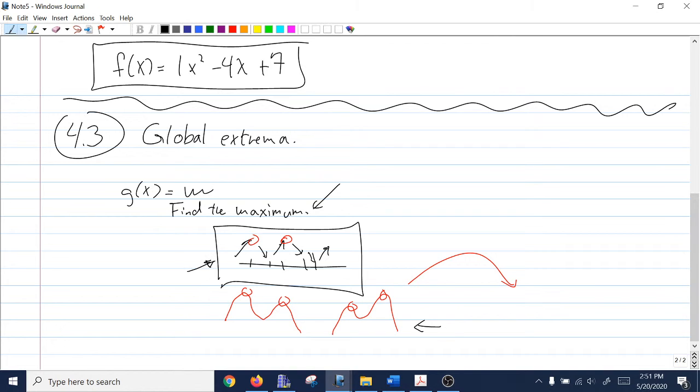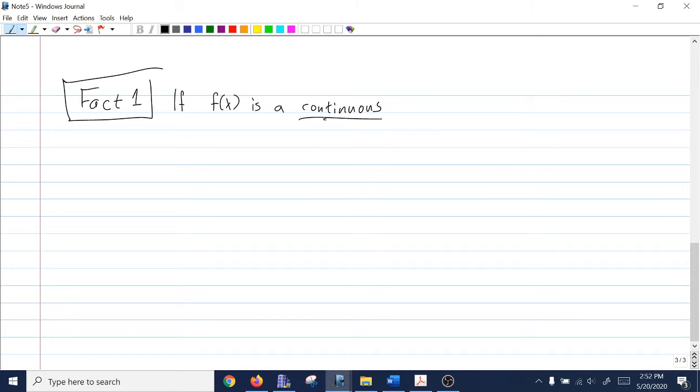This idea that the maximum is at one of those critical points gets us to one of these first big facts. Here's fact number one. There's two of them. Fact number one is the less useful one, but I'll say it first because it's the easier one to understand. If f of x is a continuous function on a closed interval, continuous is a technical term that basically means you can draw the curve without picking up your pencil, is the idea. Is a continuous function